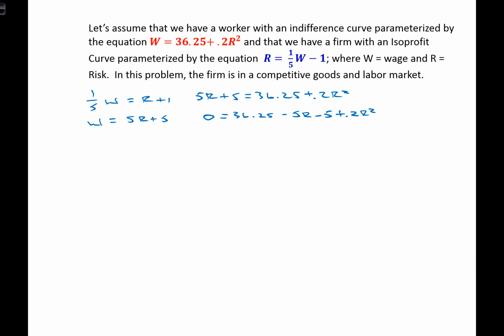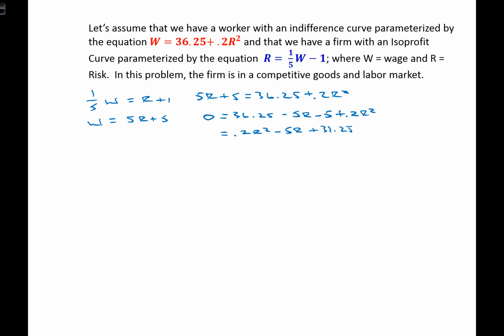If I simplify and rearrange that so that I have my squared variable at the beginning and then my scaled variable and then my constant, it'll help me fit it into this quadratic form a little easier. So let's do that. So I'm going to say that this is equal to 0.2R squared minus 5R plus